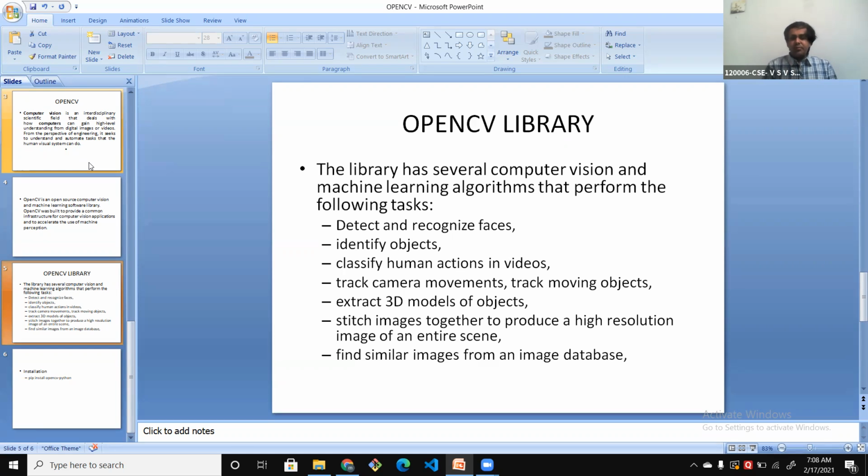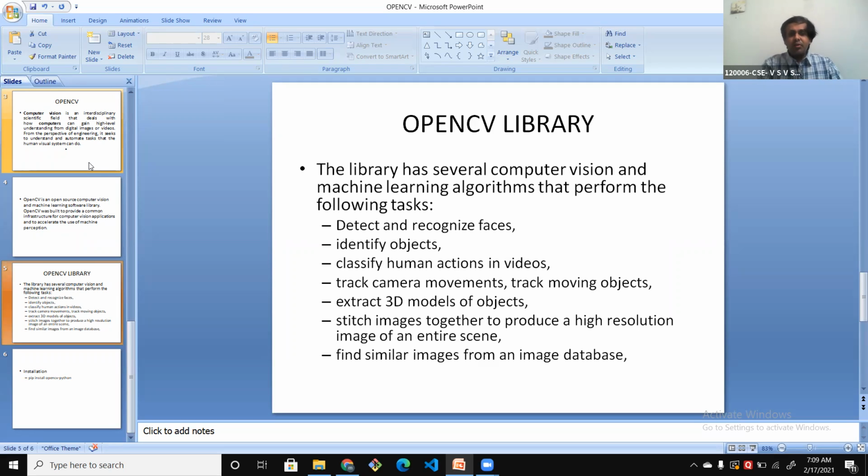We can also use OpenCV to find similar images to a query image in an image database. Likewise, there are other functionalities which can perform tasks like object detection and object recognition, face detection and face recognition, and tracking a particular object or a human being in a video.